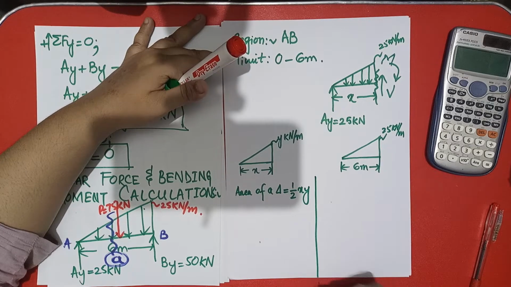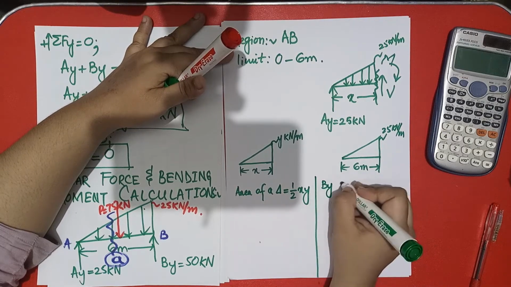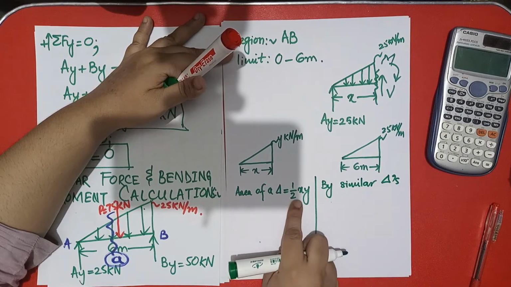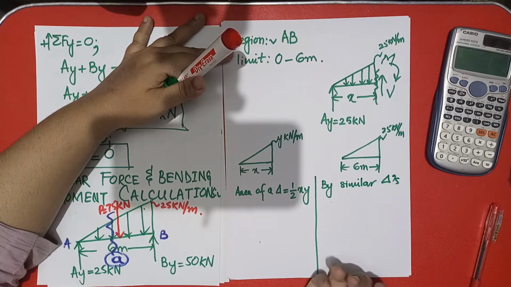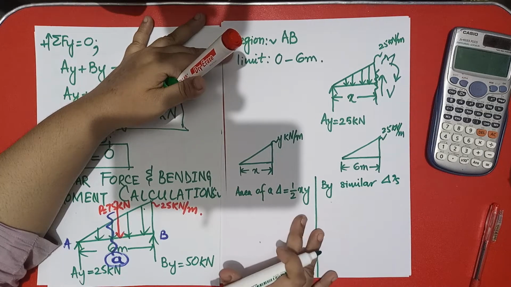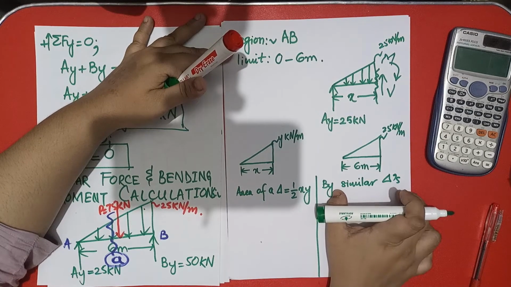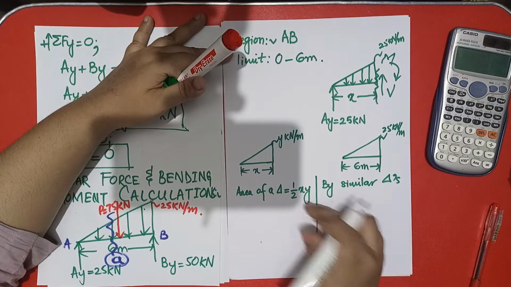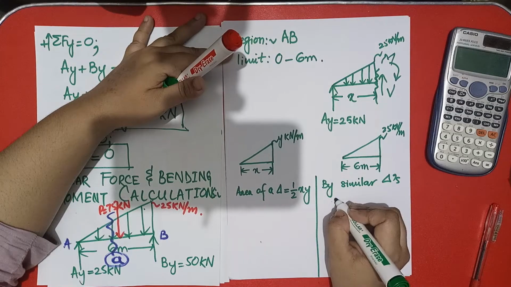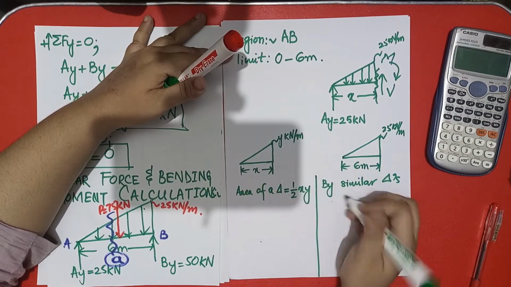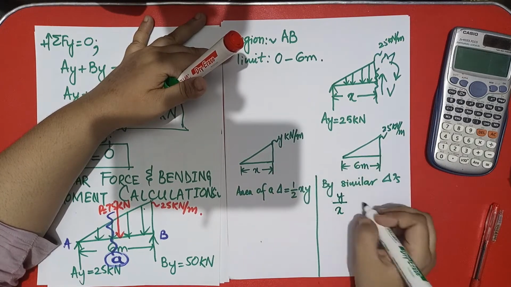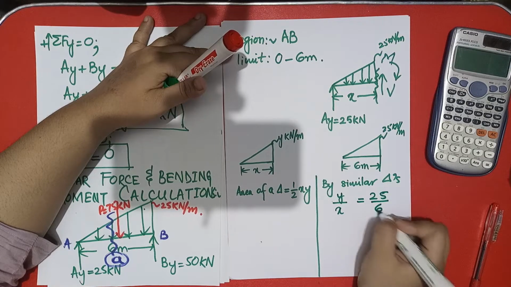Is that okay? And here what you are going to do is use similar triangles, because I want this half xy in terms of a single variable, either x or y. But obviously we will not go with y, so I want to get the value of y from here and put it here, and then we can find the point load in terms of x. These are the two triangles, both similar, so we are taking y upon x equals 25 over 6.